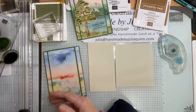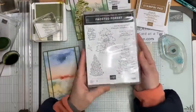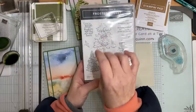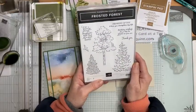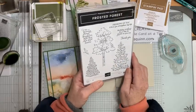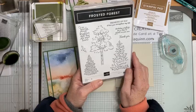Now I'm going to grab, now this stamp set has this lovely tree, and because I live in Australia, this is the tree I really, really love because it looks very gum tree-ish to me. But it's also got two great conifers as well. So I can see that this would be a really good stamp set for...